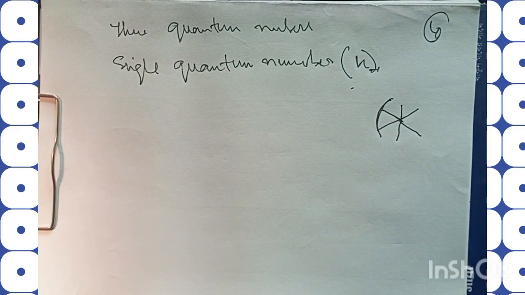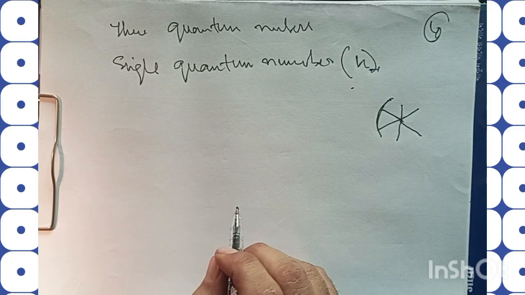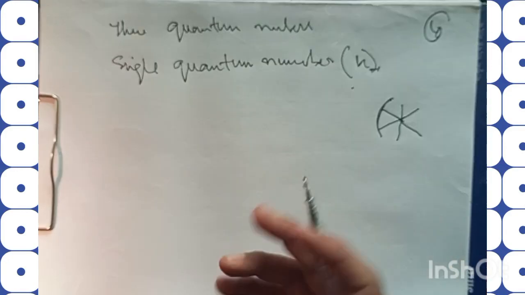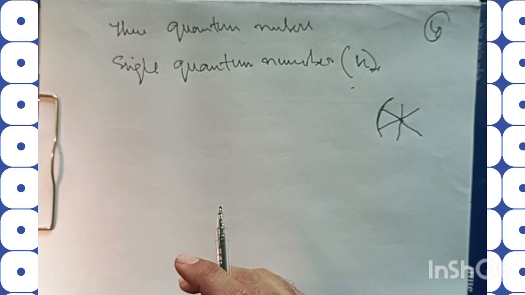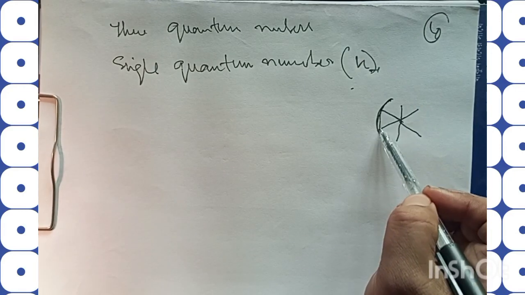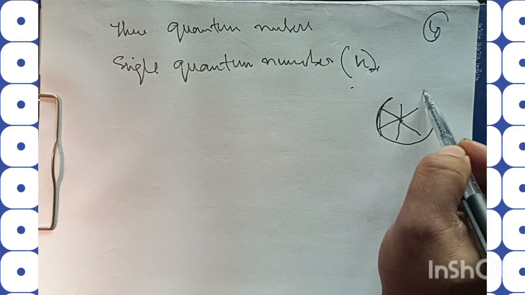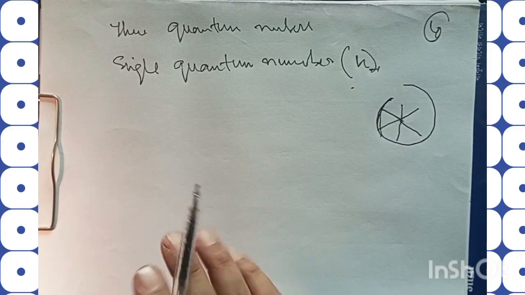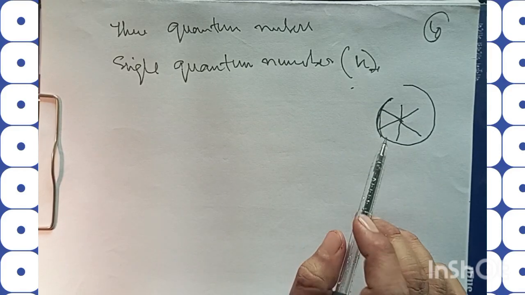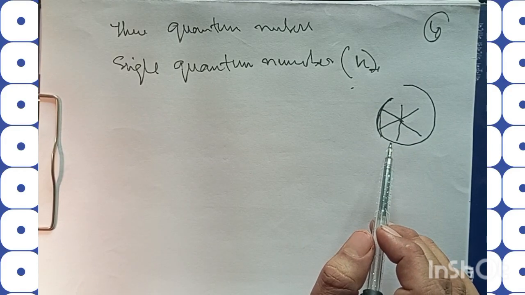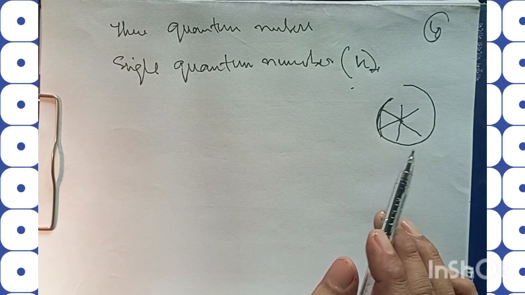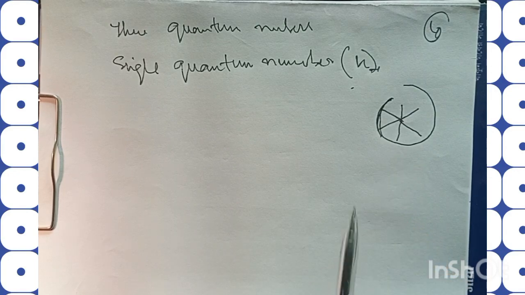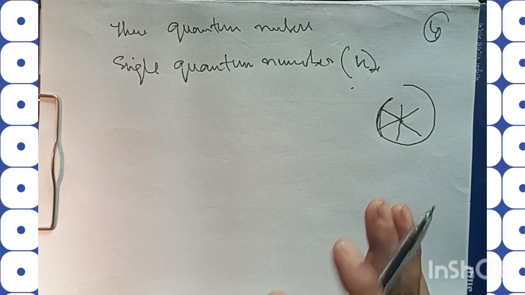And that's why we call this one-dimensional motion. And the one quantum number that we have in Bohr's theory is enough to specify the state of such an electron. And just as one quantum number is sufficient to specify the state of the